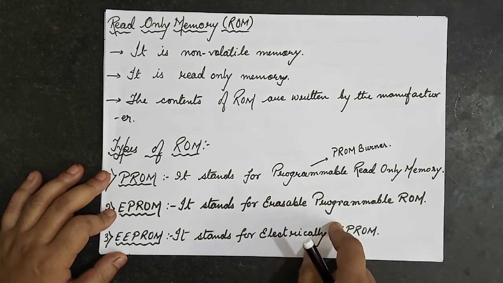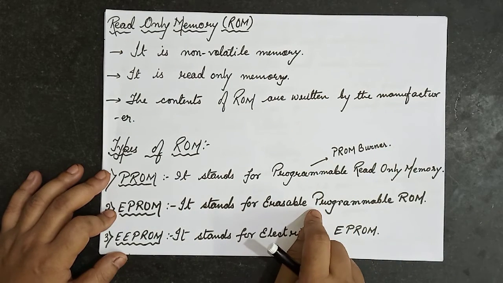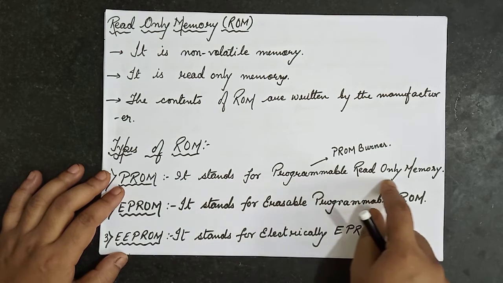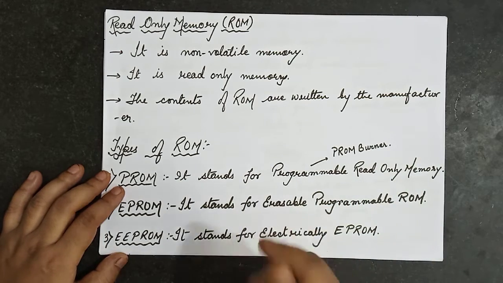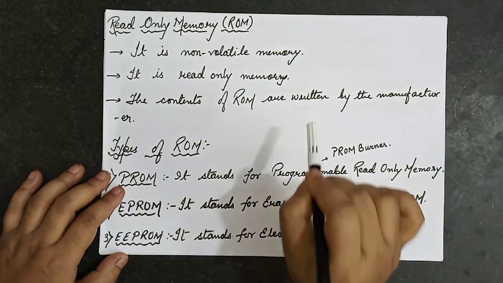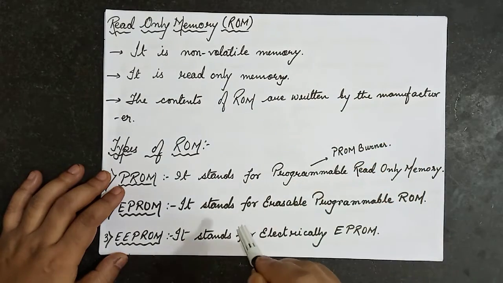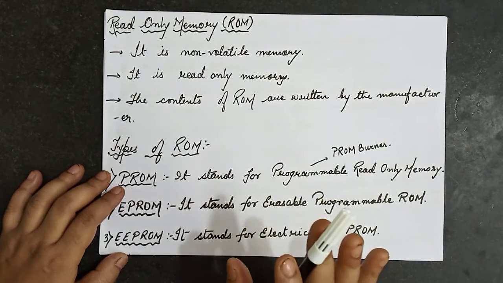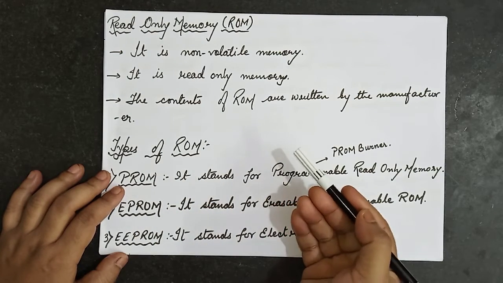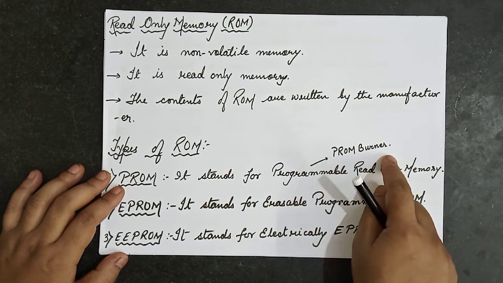Now let's see what are the types of ROM. Before I proceed, let me tell you that instructions that are needed to start the computer are also stored in the ROM. PROM stands for programmable read-only memory. Here we have to understand the difference between ROM and PROM. The significant difference is that ROM comes with pre-written instructions or programs by the computer manufacturer, whereas PROM is manufactured as blank memory, then it can be programmed by a PROM burner.